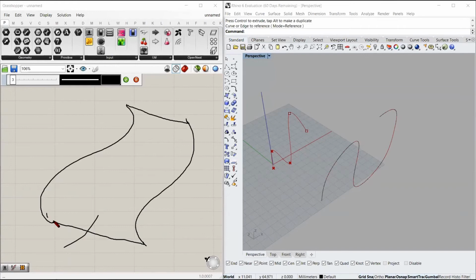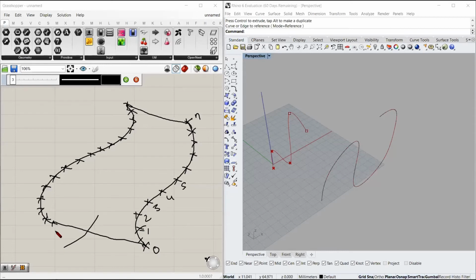So suppose this is the start point of this curve and this is the end point of this curve. This is the start point of this curve. This is the end point of this curve. What loft does is it makes multiple points in between these start and end points in both the lines. And all these points have index numbers. So the index number starts from 0 to n number of points. So 0, 1, 2, 3, 4, 5, and so on.